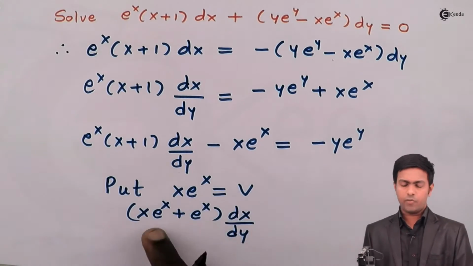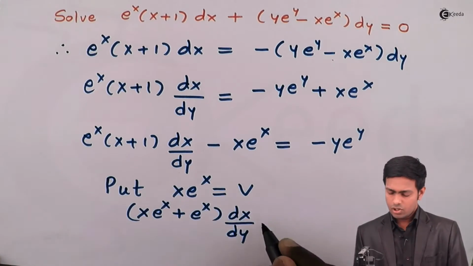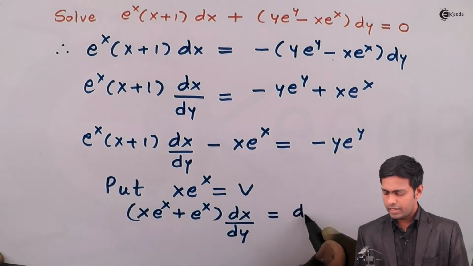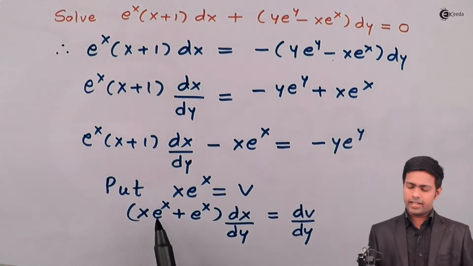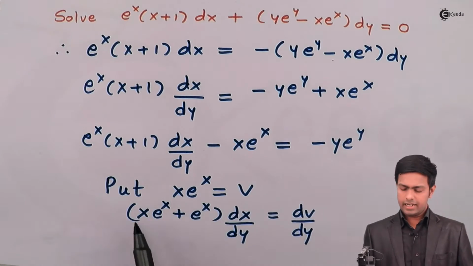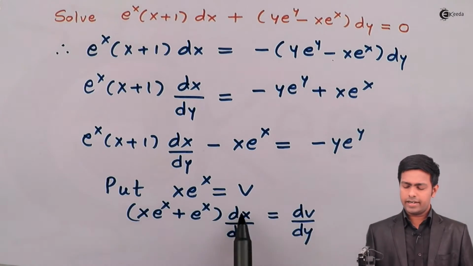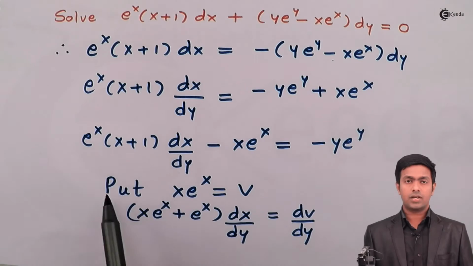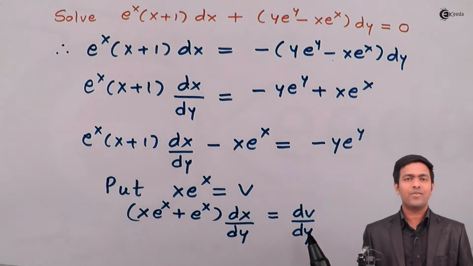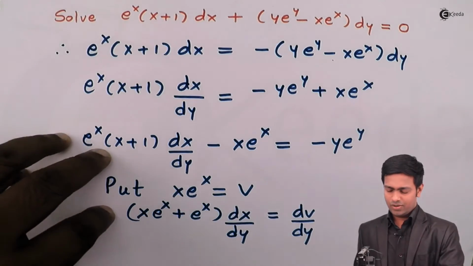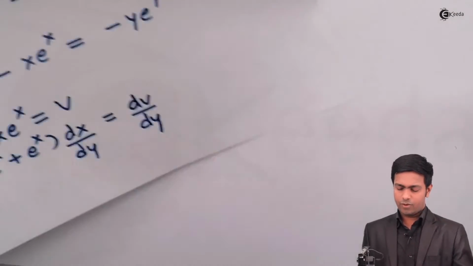So I am differentiating with respect to y on both sides. So it is equal to dv upon dy. If I take e raised to x common, then I'll get (x plus 1) in bracket dx by dy. So it is matching with this term. So now guys, I can directly say that this term is equal to dv upon dy. Therefore,